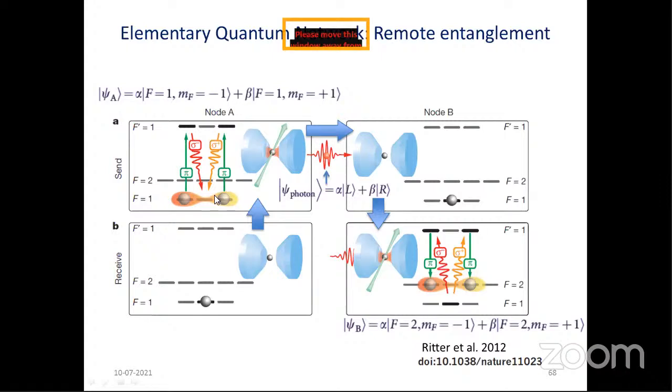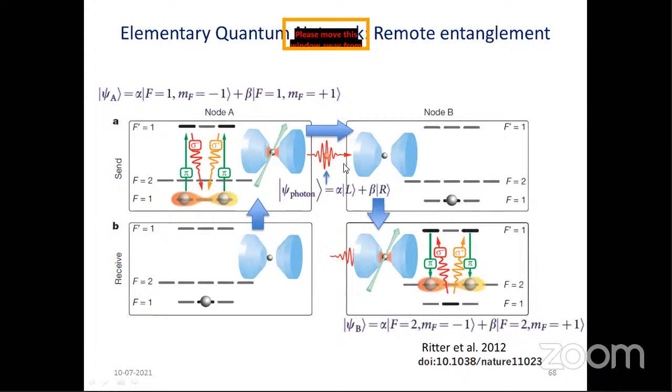Now, these photons are entangled, and you take them onto a fiber link, take them to the other node, and there you had initialized this into the F equal to 1, MF equal to 0 ground state. With these two photons which are coming from there, you again coherently excite that state and transfer that population into these F equal to 2 different MF states, -1 and +1, and you create a superposition. So you have transferred this superposition from one node to the other. So this is an elementary quantum network. So this is how you use it.